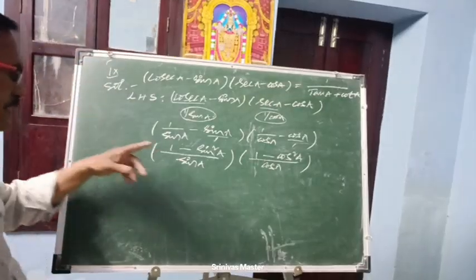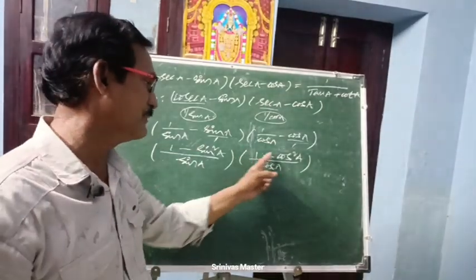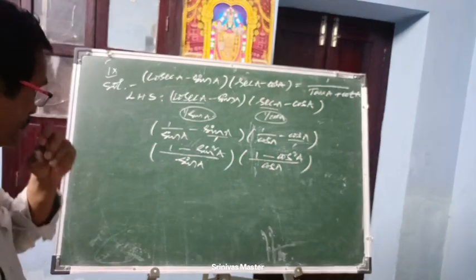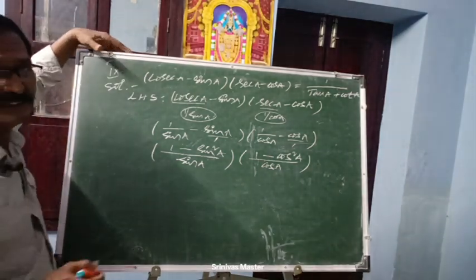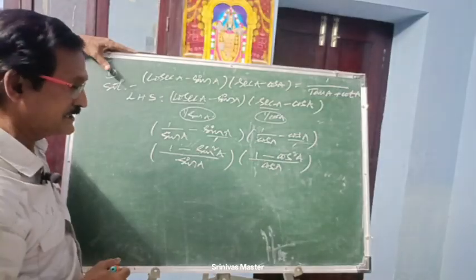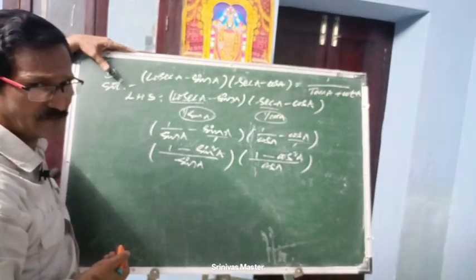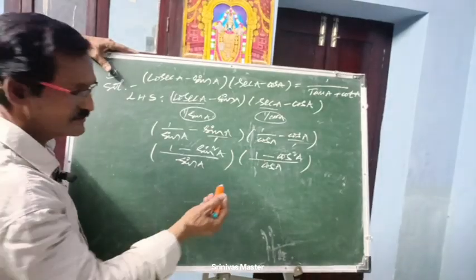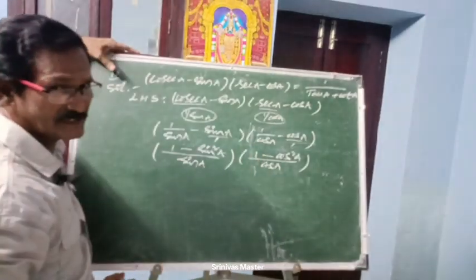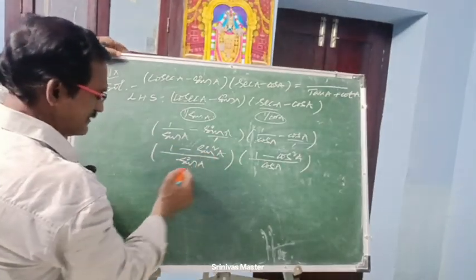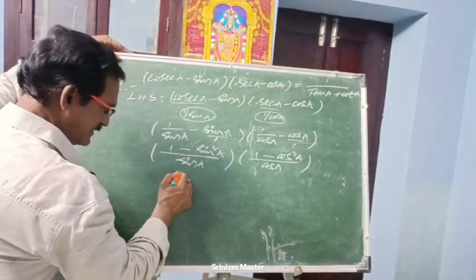Simplify, children: (1 minus sin square A) and (1 minus cos square A). You should eliminate from the first identity. You know that the first identity is sin square theta plus cos square theta equal to 1. From that, cos square theta equals 1 minus sin square theta, and sin square theta equals 1 minus cos square theta. So from the first identity, 1 minus sin square A